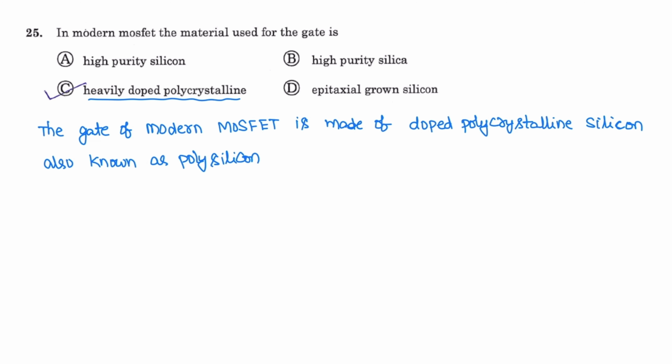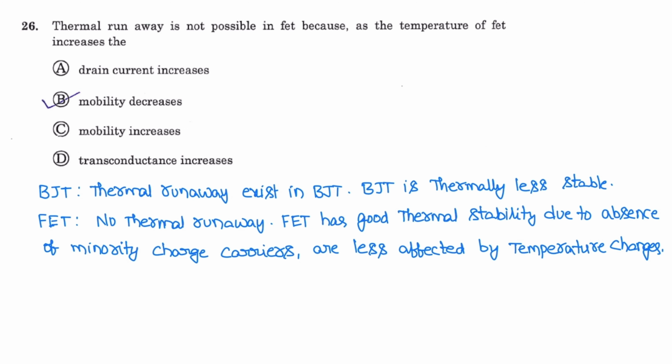Next question. Thermal runaway is not possible in FET because as the temperature of FET increases, what about mobility? So thermal runaway. BJTs are thermally unstable. In BJT thermal runaway exists, so BJTs are thermally less stable. Whereas in the field effect transistor, there is no thermal runaway. FETs have good thermal stability due to the absence of